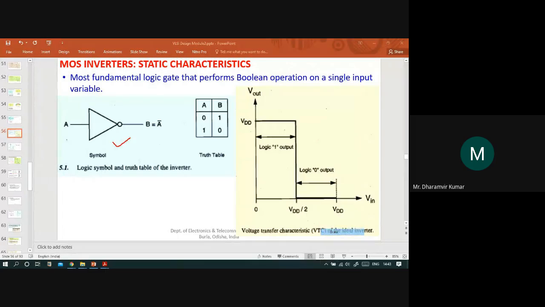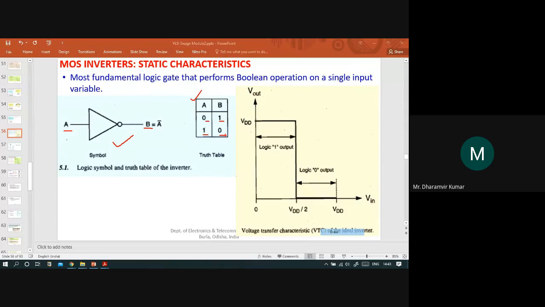And this is the symbol, the basic symbol for an inverter. And an inverter is the most basic circuit, having just one input and one output. And this is the truth table. When A is 0, B is 1, and when A is high, output is low. Simple relation between input and output